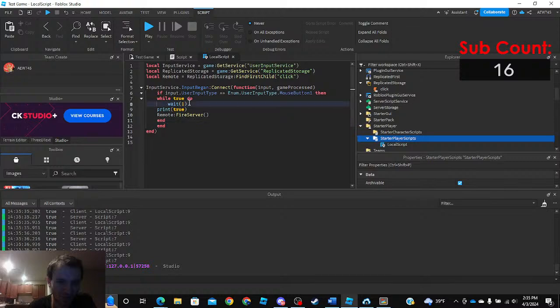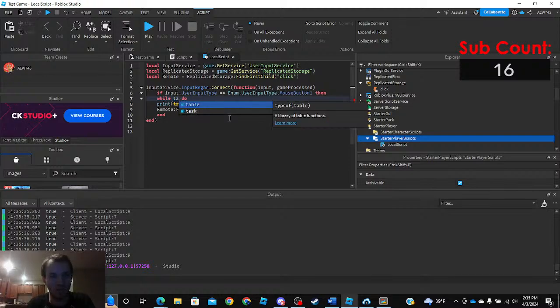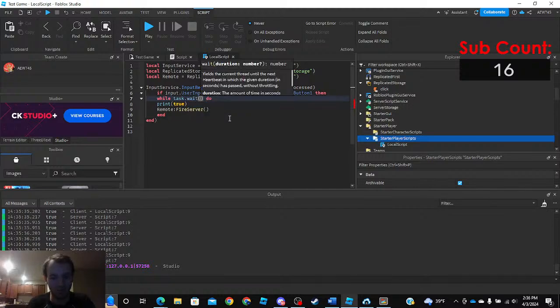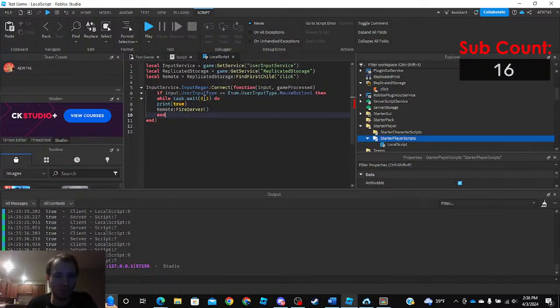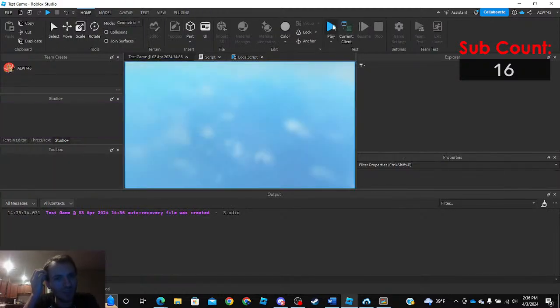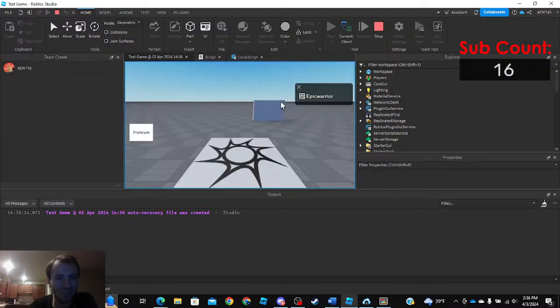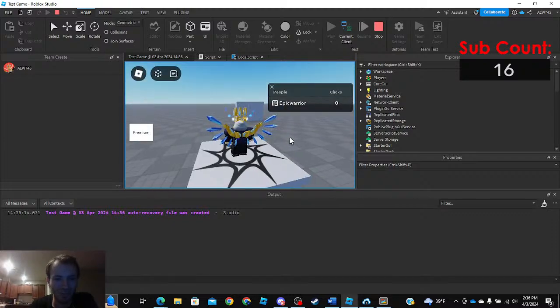So what we got to do is let's try doing task.wait and make it go faster. So if we do this loop, it should work perfectly. So now if we join in the game, okay, so if we hold down our mouse,